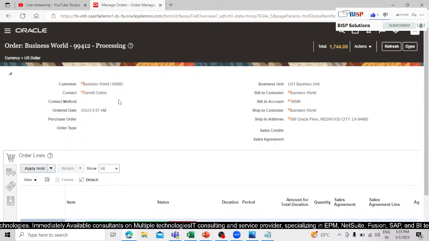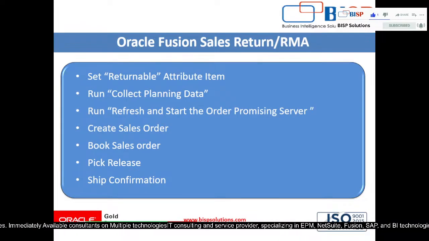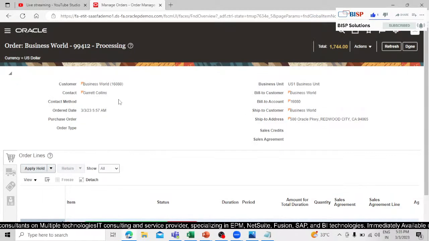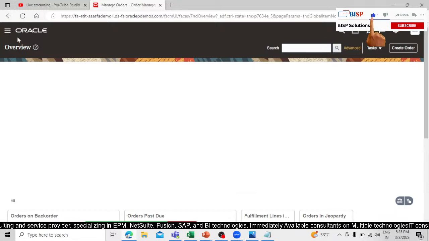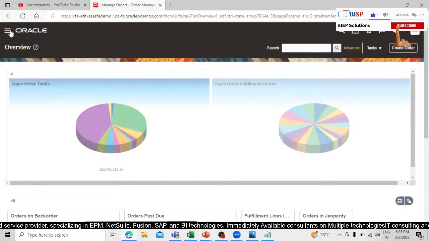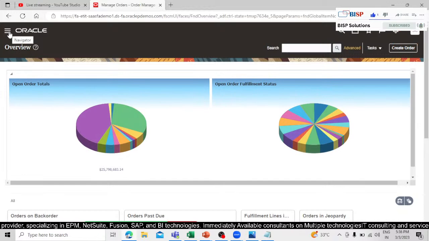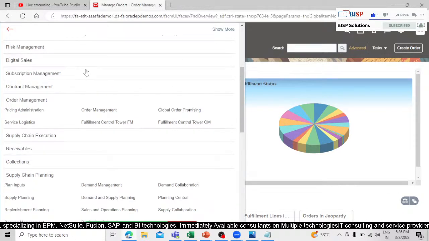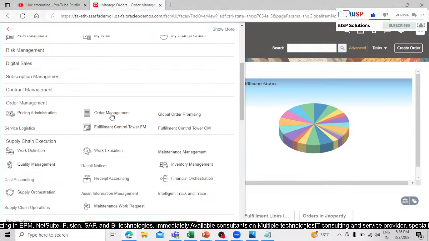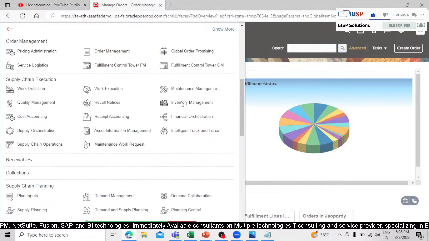No issue. Now what is our next task is book sales. Now pick release. We have to pick release and ship confirmation. So how can we perform that? We have to move to the inventory management, because these two tasks are inventory tasks, right? So we have to go to supply chain execution, go to the inventory management,